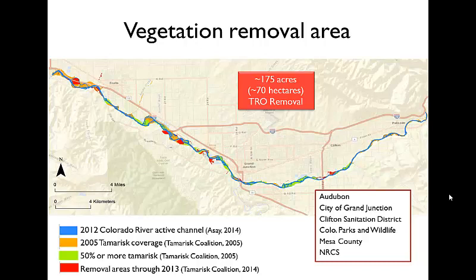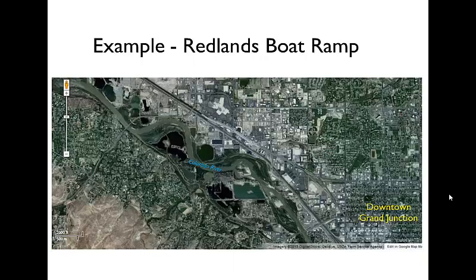So what we're interested in now is saying, okay, we've seen there's been this work for Tamarisk removal along the river. What sort of geomorphic impacts are we seeing? And I just want to show you a quick little example that highlights the complexity of the challenge in looking at how river channels change and what sort of things are going to affect whether they do and whether they don't. One of the sites that I visit quite often with my students is this nice meander